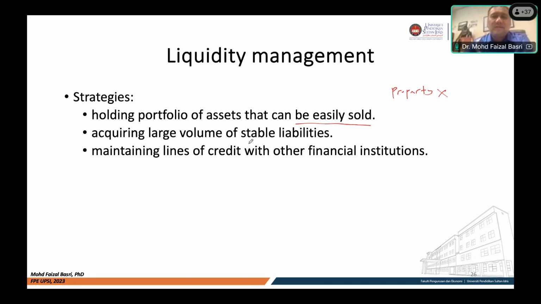Number two, acquire a large volume of stable liabilities. Again, when we talk about liabilities, you always refer to deposits. So you can have a large volume of deposits, and because deposits, as I mentioned, are one of the cheapest sources of funds to the bank, if they have a large volume of deposits, obviously there is no problem in terms of managing the bank's liquidity. And maintain credit with other financial institutions. Okay, this is where funding from external